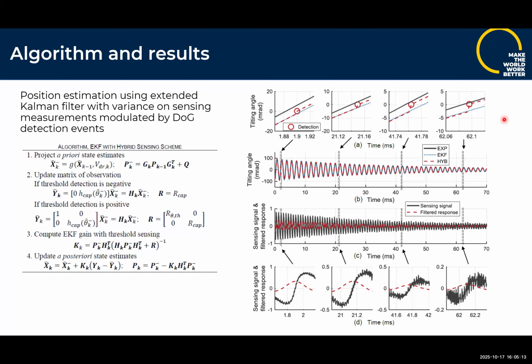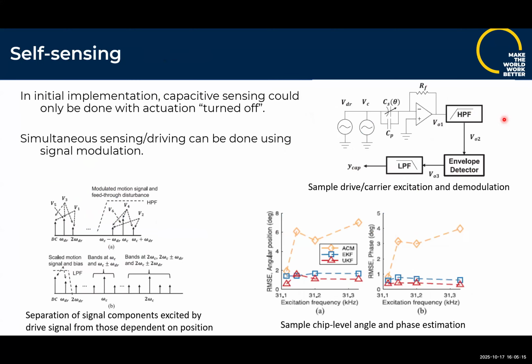Again, this idea of feed through, where the driving signal is directly coupled to your sensor output, happens a lot in these microscale devices, and we handle it with modulation. So we run a drive signal that's driving the actuation into our device, and on top of it, we piggyback a very high frequency carrier wave that the